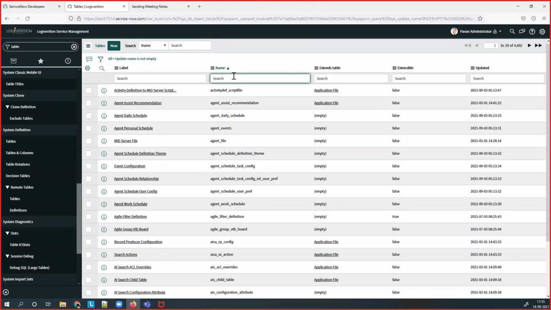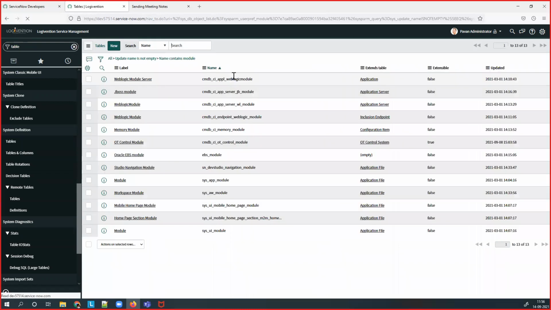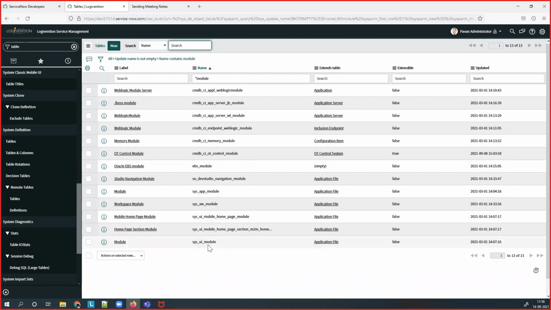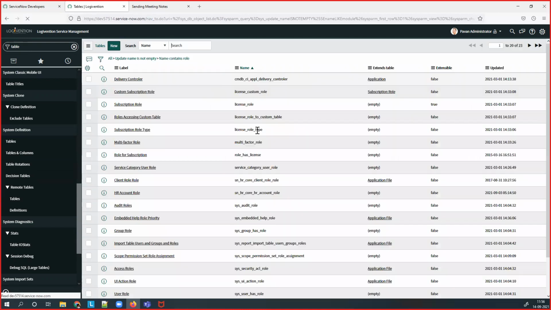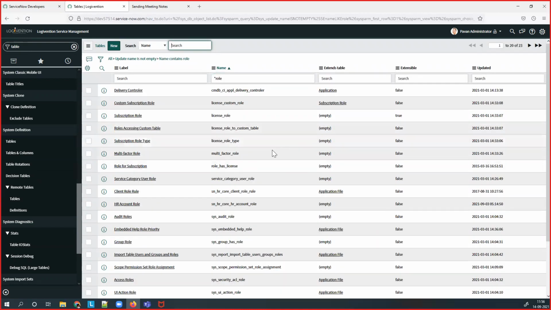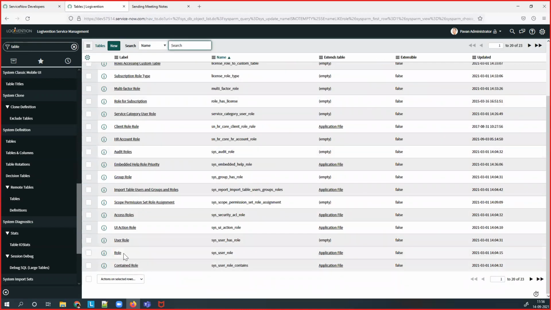Suppose, for example, you have created a module. Just search regarding the module. There is one table, sys app module. This is the module table. You have created the role also. For role, just check what different types of tables we have. So a lot of tables for role. There's sys_user_